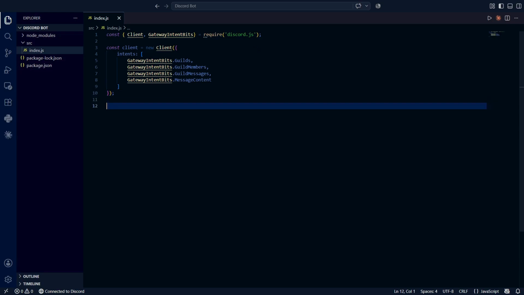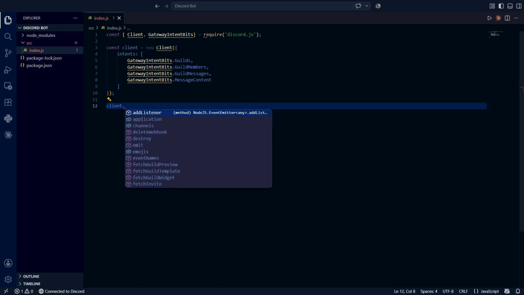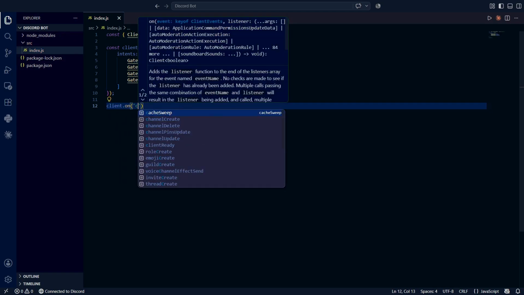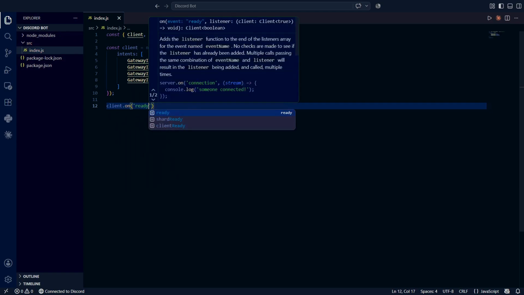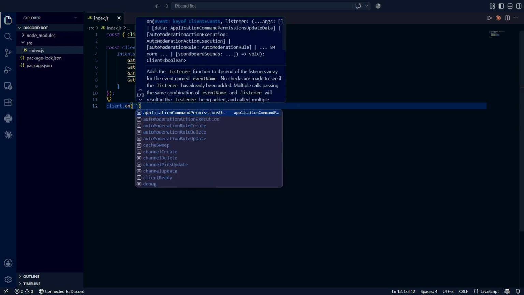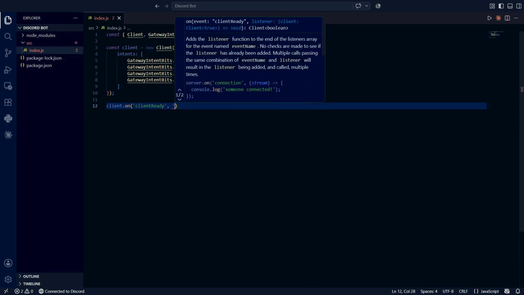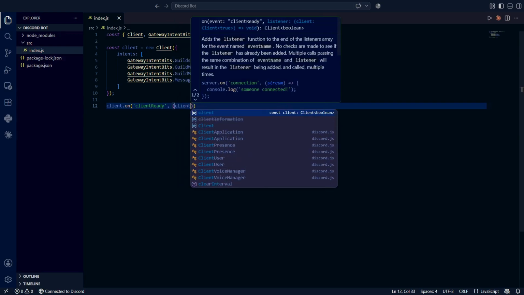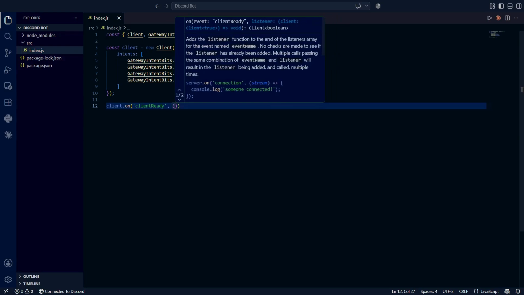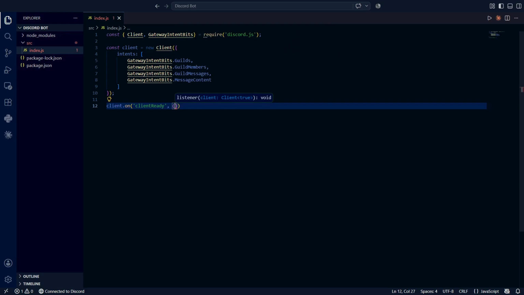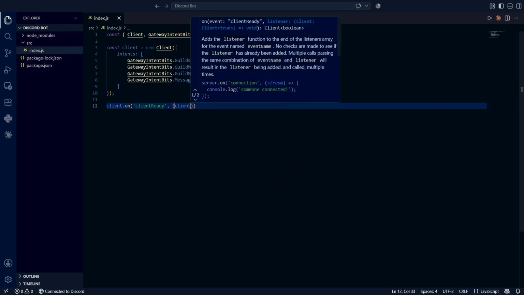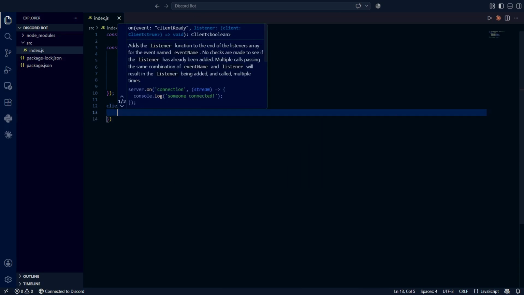Now once you finish the new instance of the client, aka the bot, we need to know that the bot is ready. So it calls clientReady. You can use ready too. It's basically the same, but it's deprecated. Let's also pass in the client or c. The c is the same as client. I'm just gonna use client. Let's pass it in as a parameter, and then the arrow function, and then